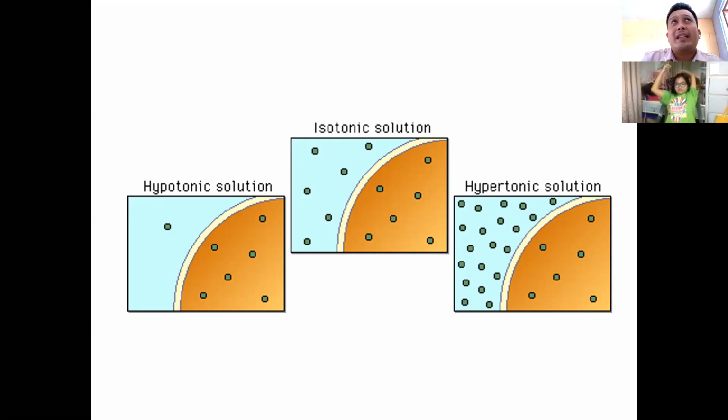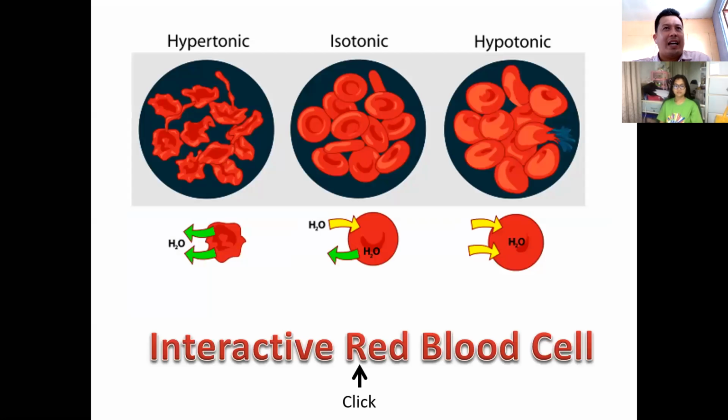The treatment or the system of the 11 systems that we have in our human anatomy, the lymphatic system, will correct the hypertonic solution. Okay? The lymphatic system will return the leaked fluids back to the cell. But if this is not corrected by active transport wherein the salt in the outside is the same as the salt in the inside, then hypertonic solution will be a recurring situation for that particular cell. With respect to your blood cell, this is a structure of a hypertonic, an isotonic, and a hypotonic.